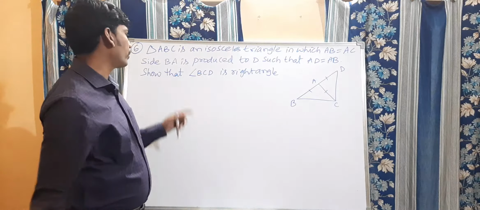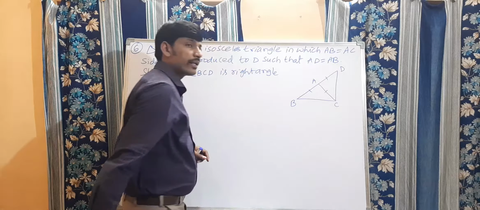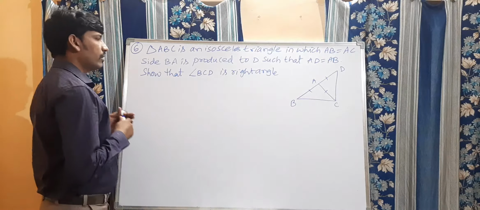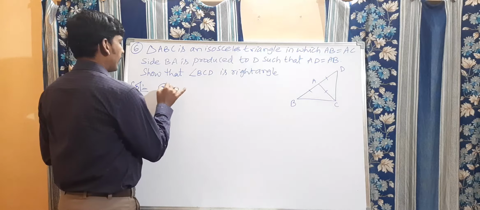So what are you going to prove? Show that in triangle BCD, this angle will be 90 degrees. This total angle will be 90 degrees. We need to prove that. Now for that, see solution. Given that